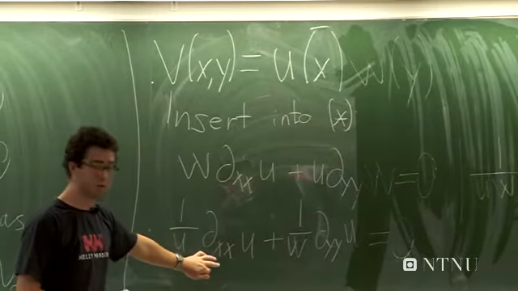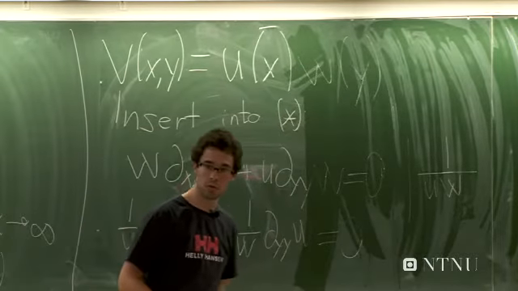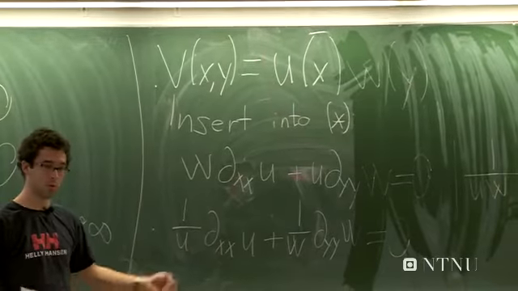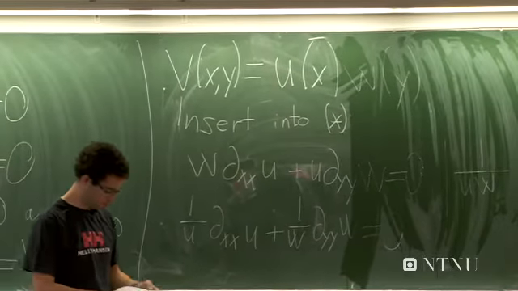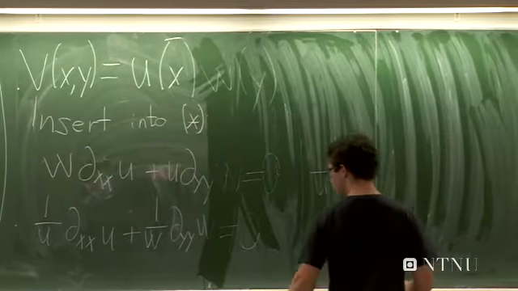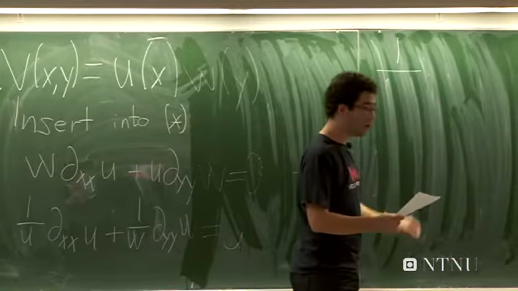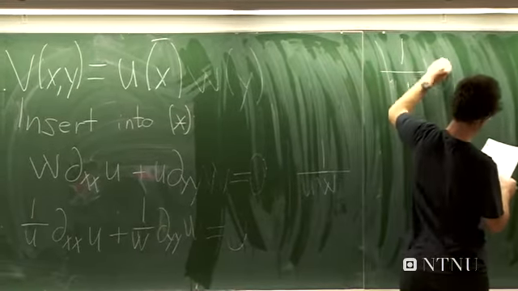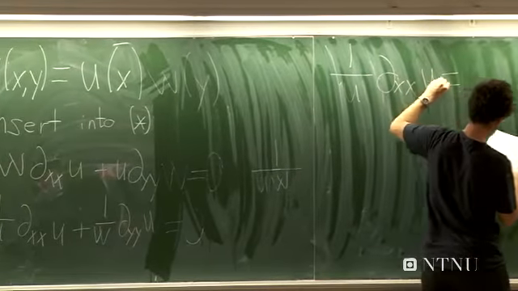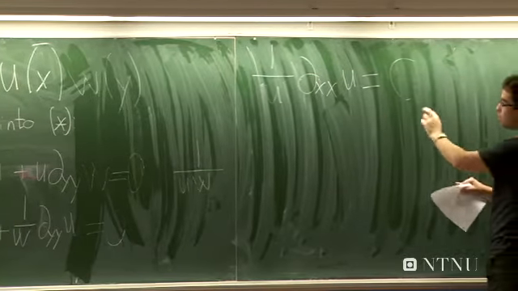And now, of course, as this is only a function of x, and this is only a function of y, and the sum of them should be equal to 0, well, they must each be equal to some constant. Otherwise, this won't add up for all x and all y. So now I'm going to say that the first term, one over u, d_xx u, is equal to c,